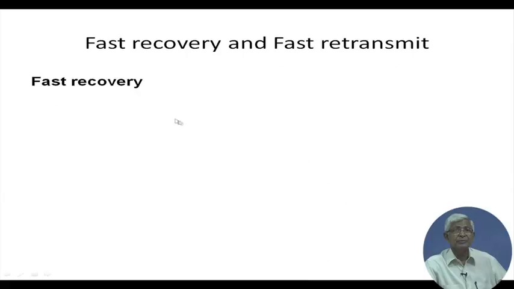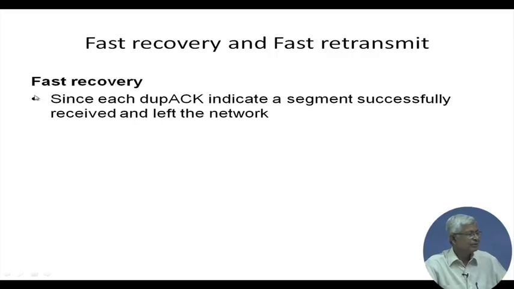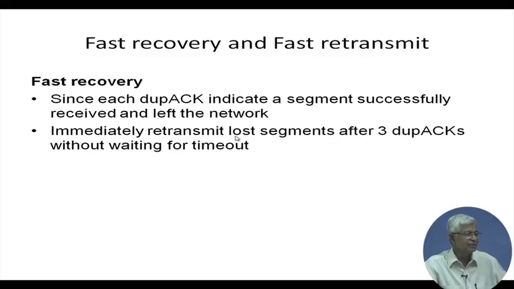Now, there is a protocol: you do not wait till RTT. If a segment is lost and 3 acknowledgements have been received, duplicate ACKs, you can call it a fast recovery. Since each duplicate ACK indicates that a segment is successfully received and has left the network, you can fill up the network, and immediately retransmit the lost segment after the 3 duplicate ACKs without waiting for its timeout. If it is a timeout, then you have to go down to almost 0, that is 1 segment, you have to